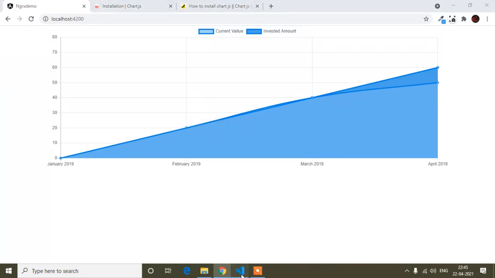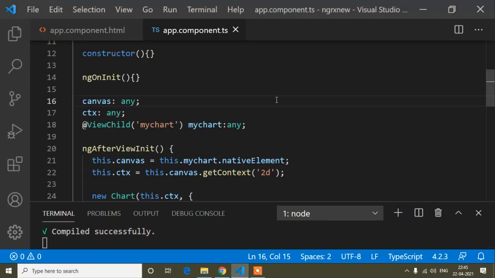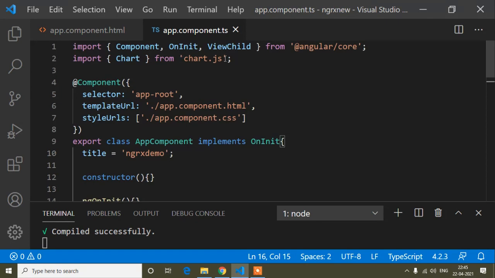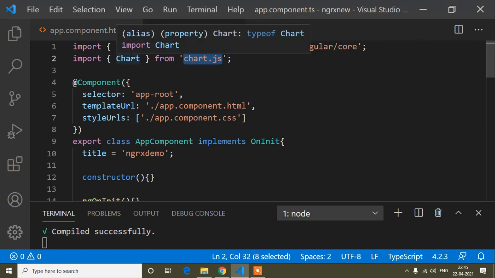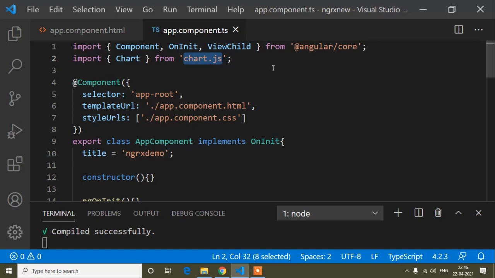But here I want to say one thing: if you do only this process, you will get an error, and the error is a chart type error. This chart here comes from chart.js. So for removing this error, you have to install chart types.